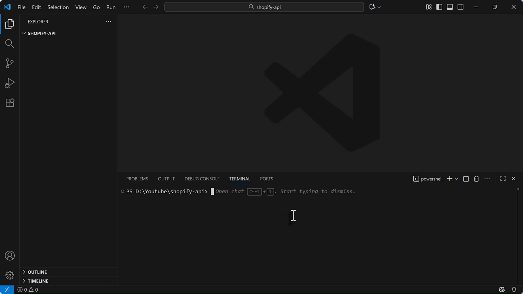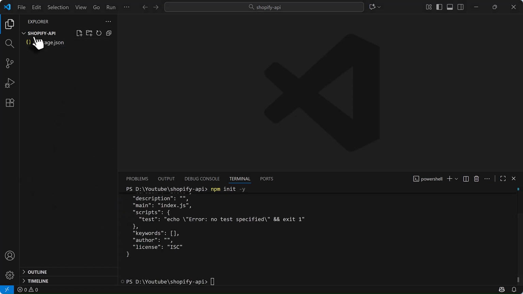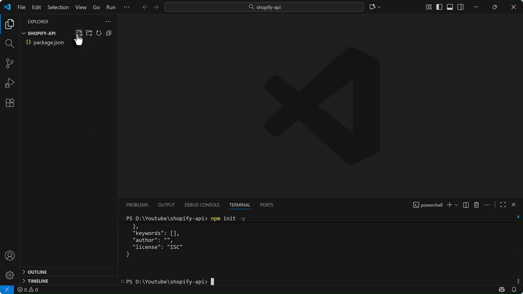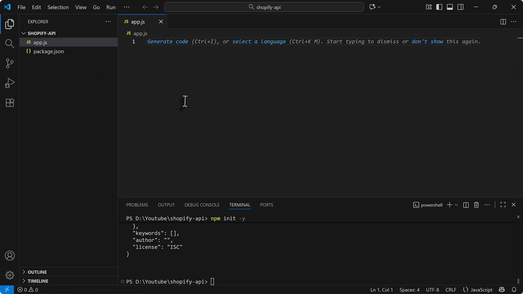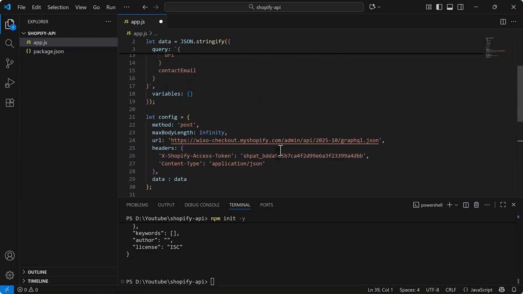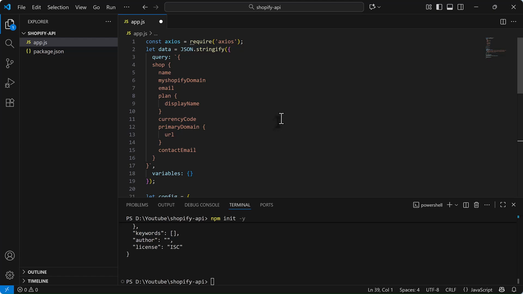and we will type npm init -y. It will create the new JSON file, so we can install the node modules. So let's wait, and now you can see we have package.json. Now we can install the file. So first I will create a new file, app.js, and I will paste the code which I grabbed from the Postman, and now